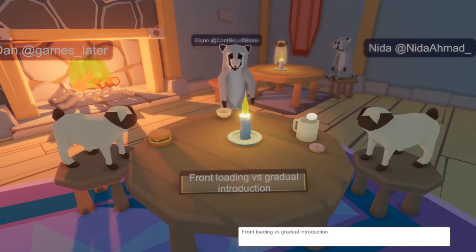I think it can be important to front load hotkeys, but not necessarily the mechanics. Like, you might need to know that you can press space to jump, but you don't need to know that you can double jump, backflip, dash, wall run kind of thing. There might be a bunch of associated movements that you might not need to know straight away, but often